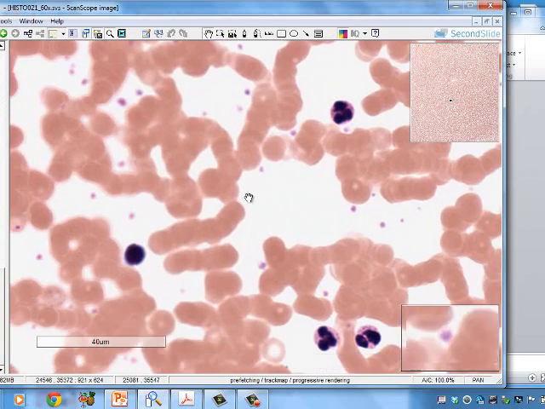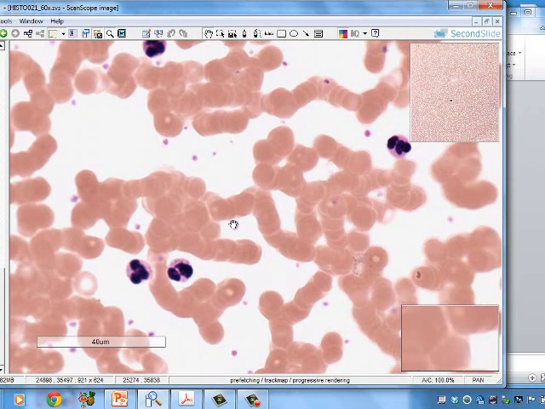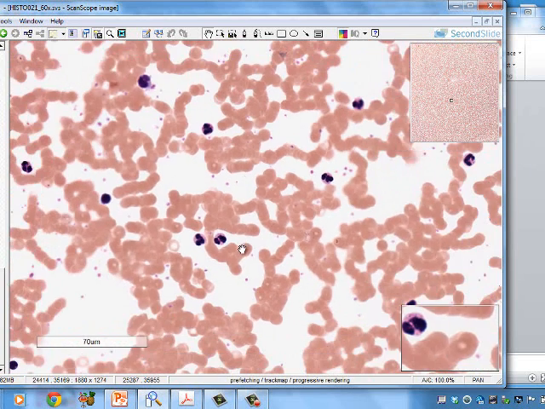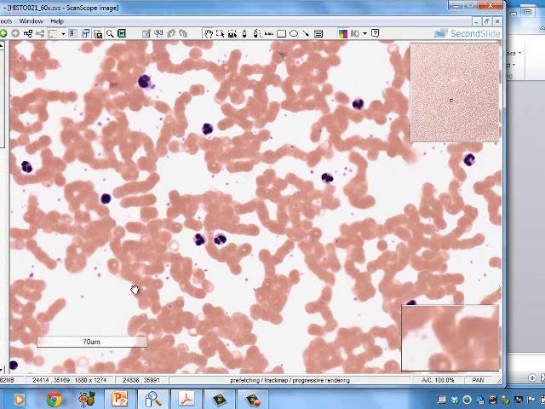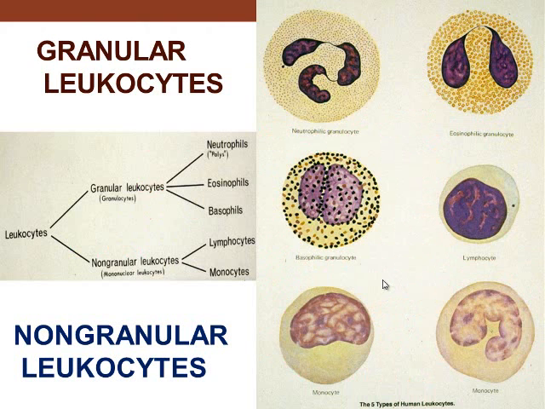More neutrophils, maybe a lymphocyte over through there. So we have white blood cells, which are these blue ones, and we also have red blood cells in here as well. So if we take a look at these, we can see that of the white blood cells there